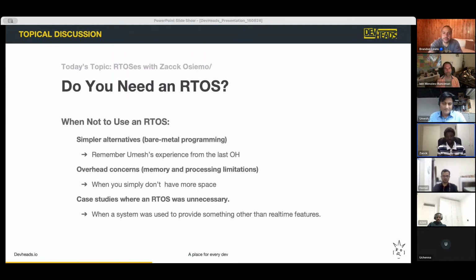As an example, I think Umesh did an example in the last office hours, and he explained how he had to rework a project where someone used an RTOS, I think as a way of using a library within the RTOS to control some IO. He had to redo the project from fresh without the RTOS because it simply wasn't needed. If you don't have problems of this timing nature, that's why real time is in the name, time series stuff.